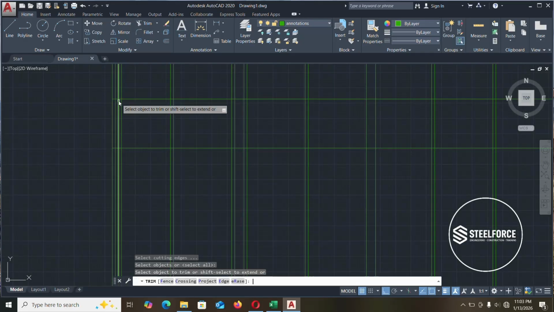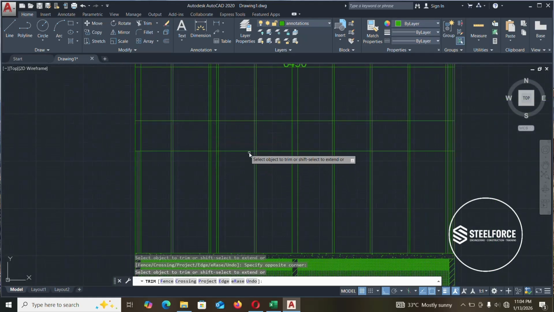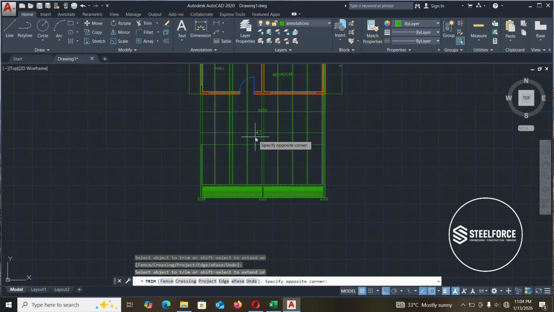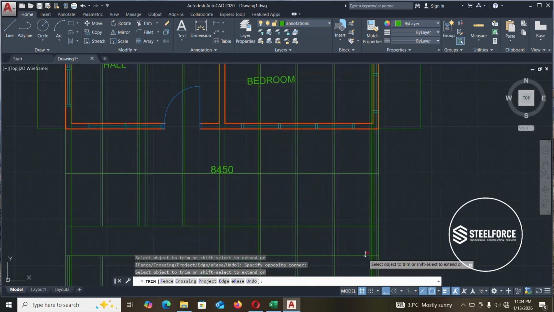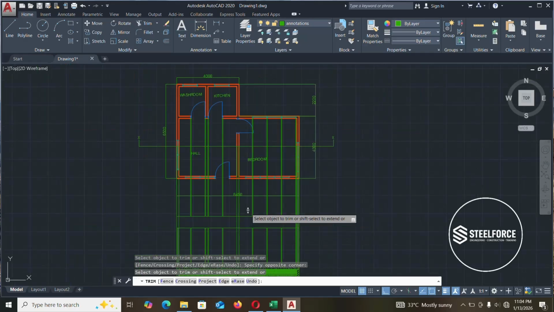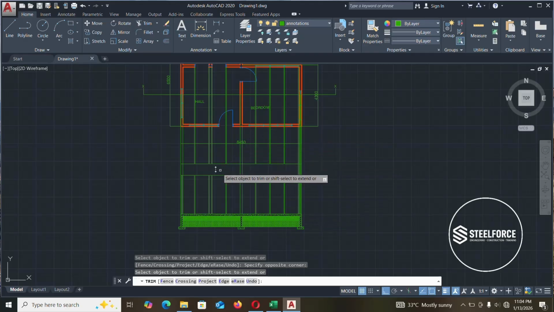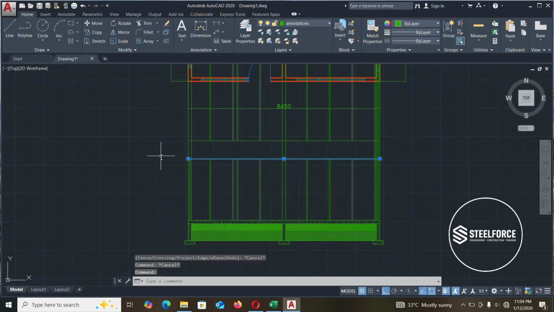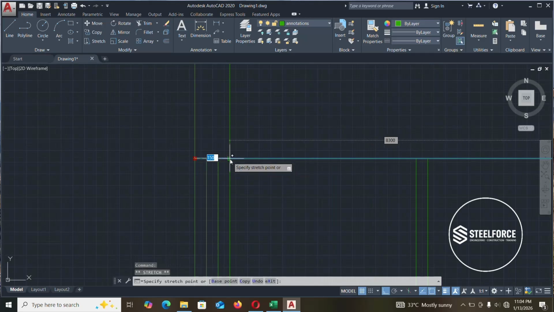So we can trim the lines we don't need for now. We don't need this. This only guided us to draw, we don't need it to draw the doors and windows. We don't need all this. We only need this wall. You see. I'm going to move this here. Now,